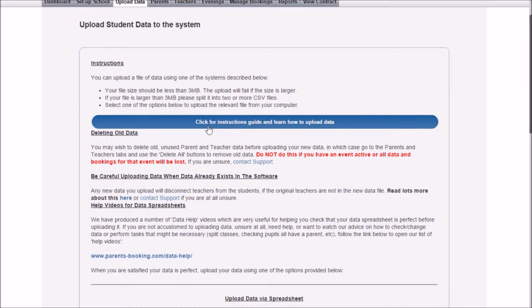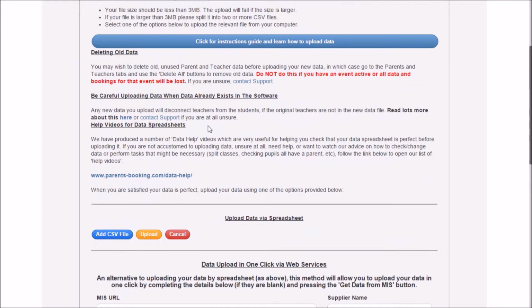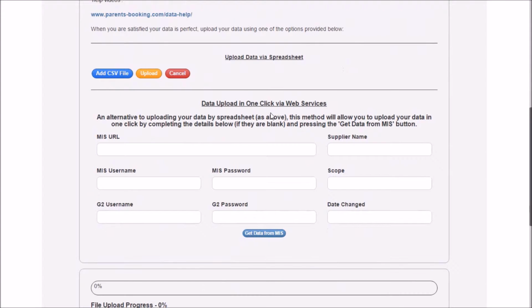I mentioned in one of the other tutorials earlier, there's two different ways of uploading your data, and these are sometimes restricted by your database. So for example with SIMS, there isn't a web services connection like this, but you can upload your data using Group Call Exporter. That's something we can talk to you about separately. But today I'm going to be uploading my data by spreadsheet, which is how SIMS schools would do it,